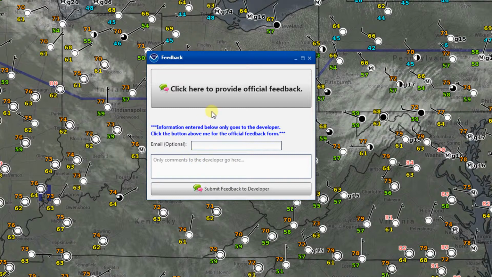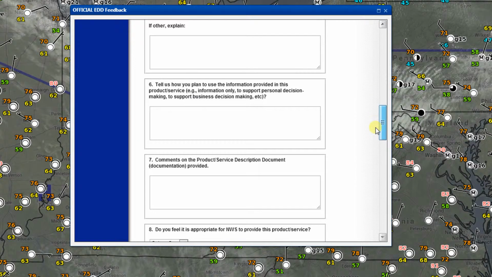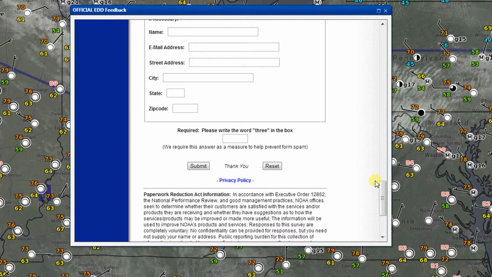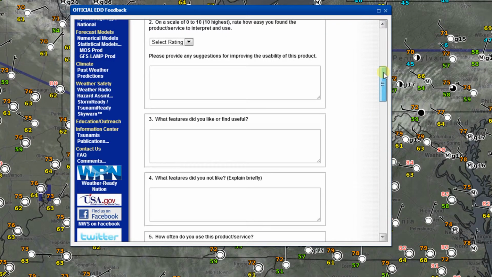Up top now, however, there's a large button that says click here to provide official feedback. Now remember, ED is an experimental system, and part of that experiment is collecting comments from the general public about its usability, new features, and whether or not the service should continue at all. Now clicking this button will bring up that survey with the relevant questions. We would really appreciate it if you filled out this survey, because this will help speed ED out of the experimental phase and into the operational phase if we get good comments and good suggestions on how to improve the